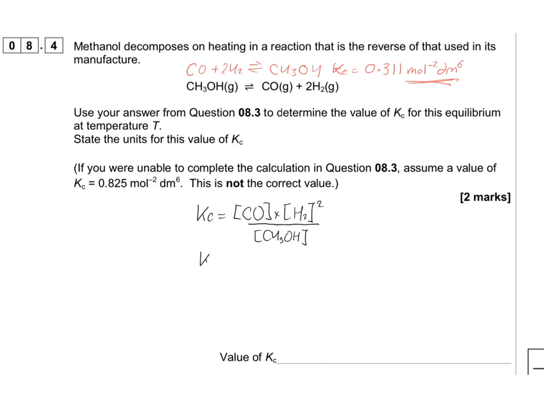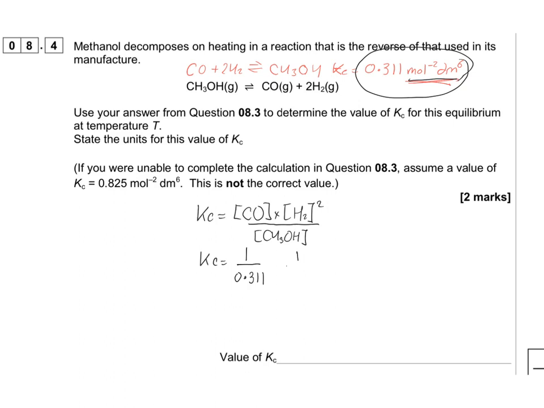It must follow, therefore, that the value of Kc is going to be 1 over the value that we got for the reverse reaction, which is 1 over 0.311. And since the units for that one were moles to the minus 2 dm to the 6, the units of this are going to be,